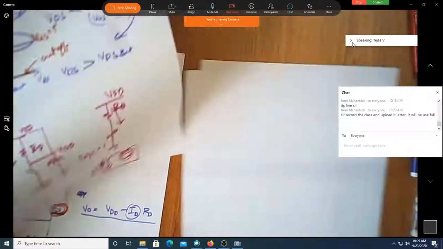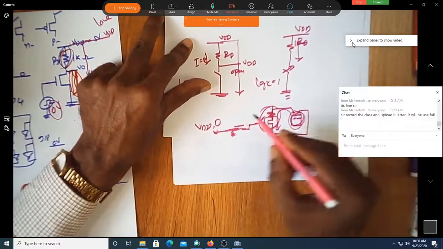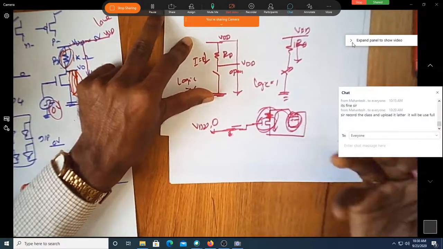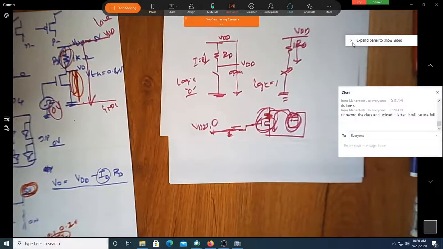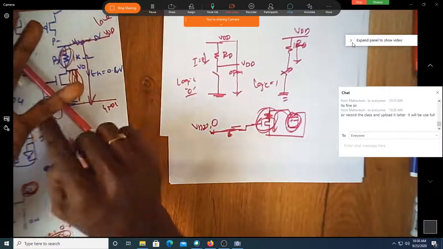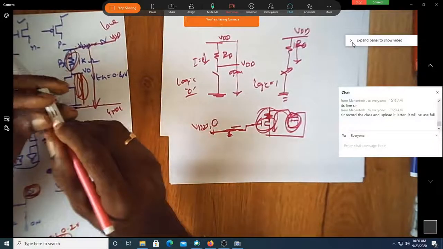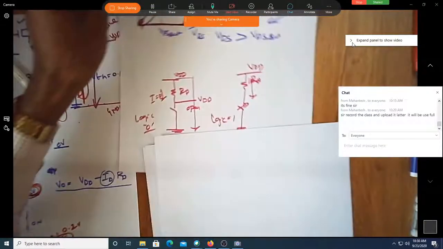Suppose now, would you like to have a circuit where, when you give 1, this battery is drying out? Assume you have a mobile. When you give 1, the battery fully discharges, and when you give 0, the battery is not discharging at all. Would you like that type of system, or a system where, irrespective of whether it is 1 or 0, it does not discharge any amount of power from your battery? So this is one circuit.